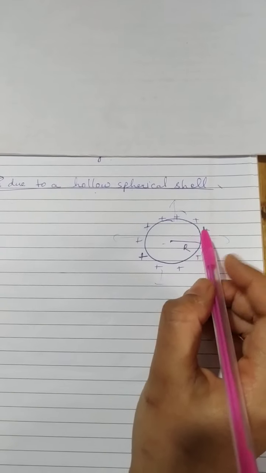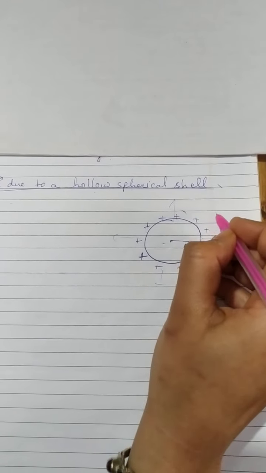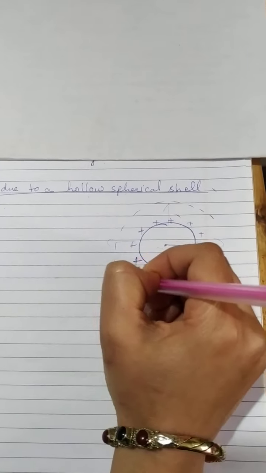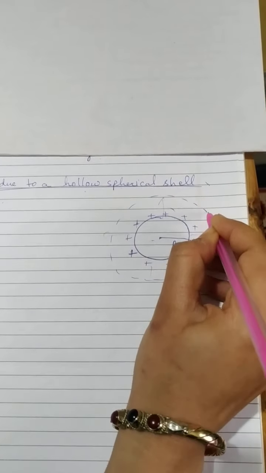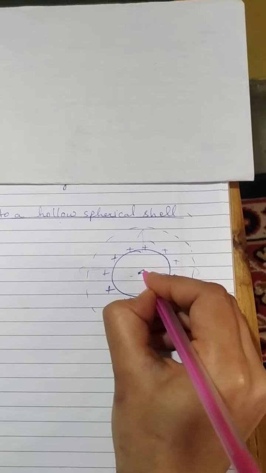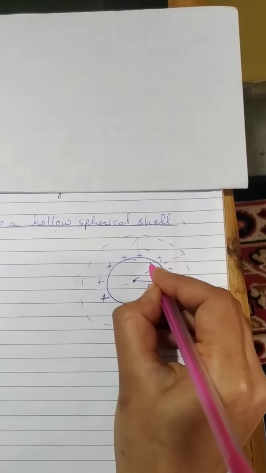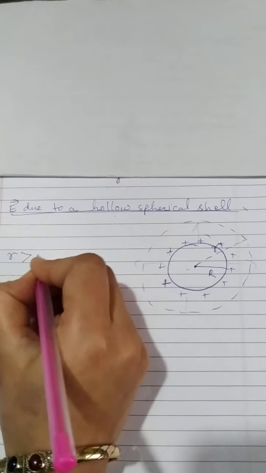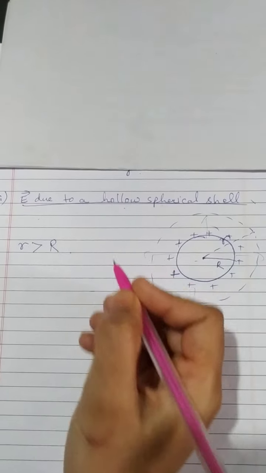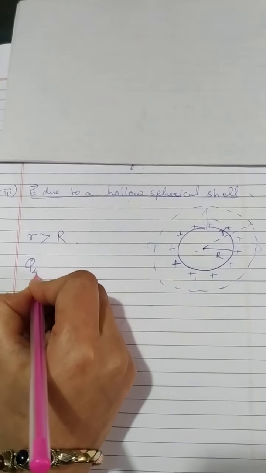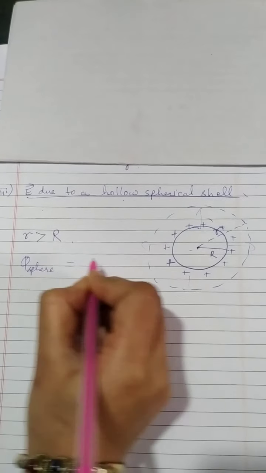Now, this has to be divided into three parts. First, we will calculate electric field outside the shell. For that, let us draw a Gaussian surface here, which again will be a sphere. If you look at the symmetry here, let us say we have the radius of the outer sphere as r. So here small r will be greater than capital R. Now electric flux for this sphere will be given by